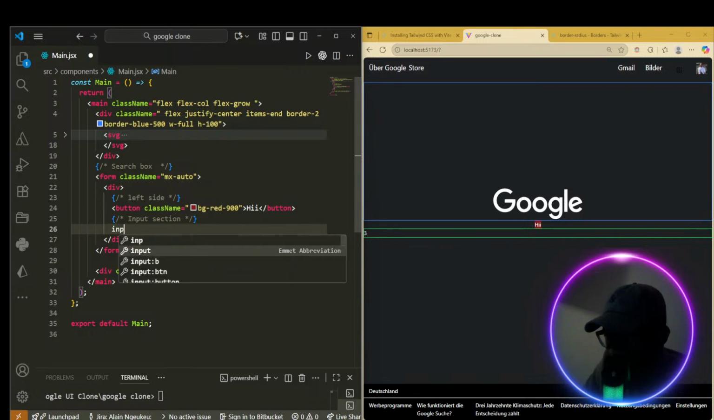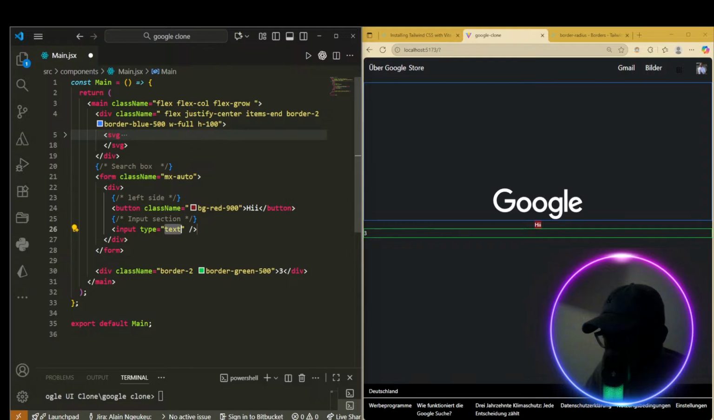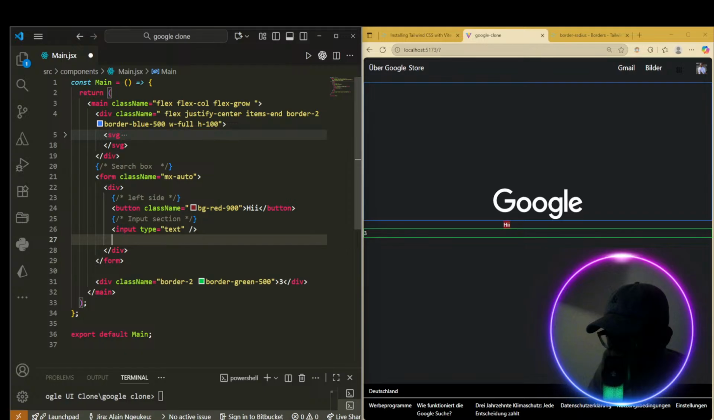Input, so input. Yes, text. That's it, though you guys may not see it well. Yeah, that's the input. And the next thing I'm going to do here is the, let's say, right section,